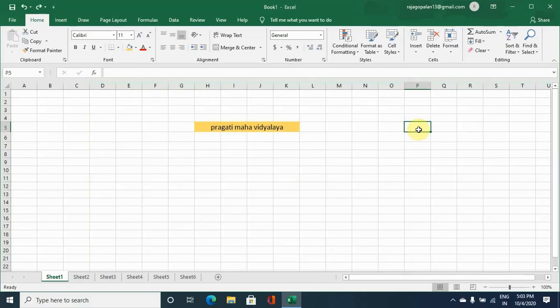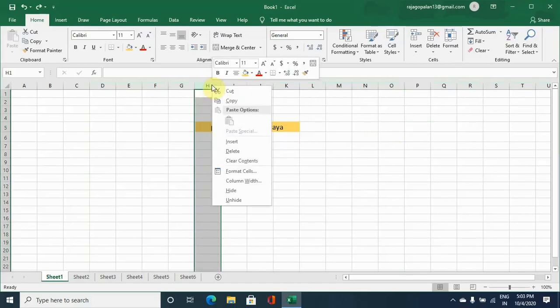Then after seeing this, now we will see how a row or column is inserted. Now when you want to insert an extra row or column, what can be done is, you select the column, right click, then you have the option insert here. So if you insert, then you get a column here.